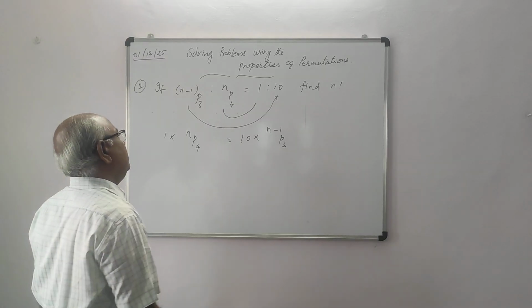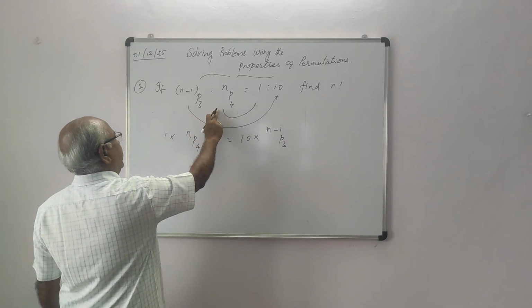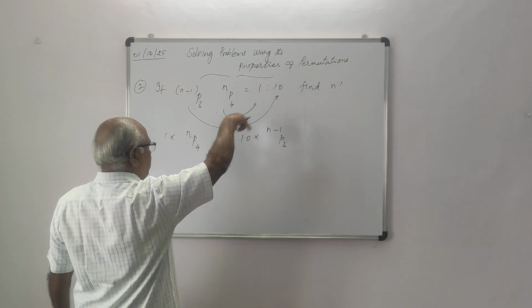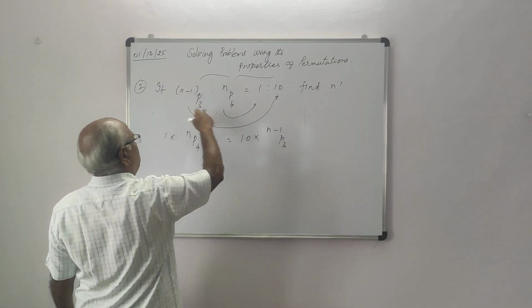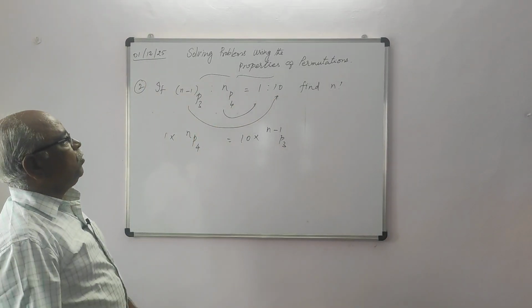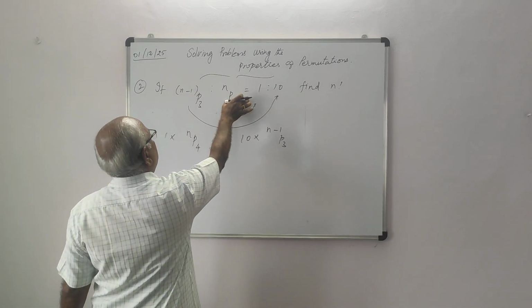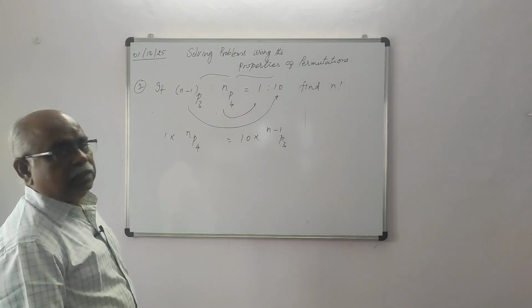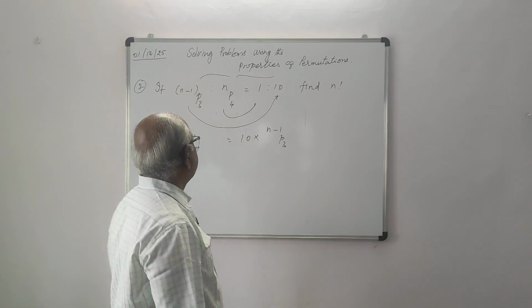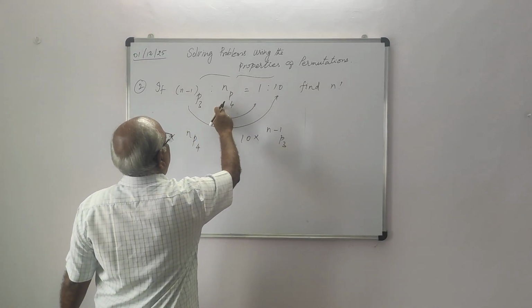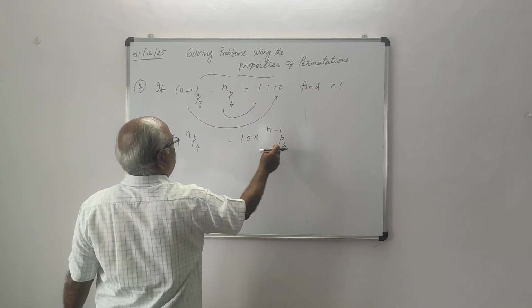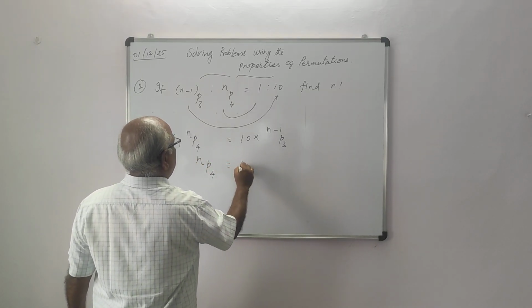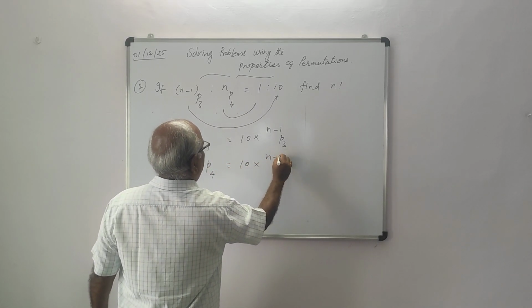This is our proportion idea. If A is to B equal to C is to D, you multiply the middle terms and the last terms. Equating the multiplication of the middle terms to the multiplication of the extreme terms, that is the ratio of proportion idea. So 1 into nP4 equal to 10 into (n minus 1)P3. So 1 into nP4 is nP4 equal to 10 into (n minus 1)